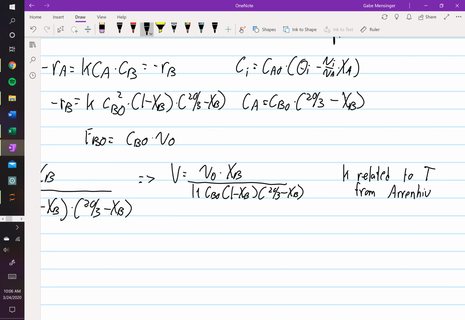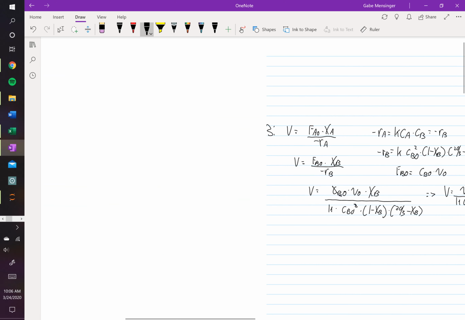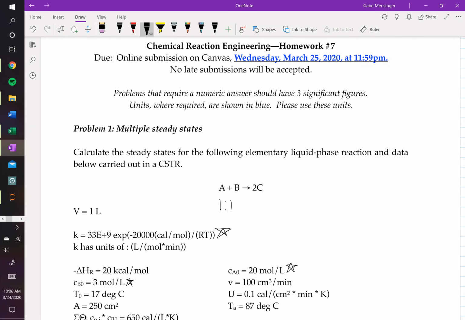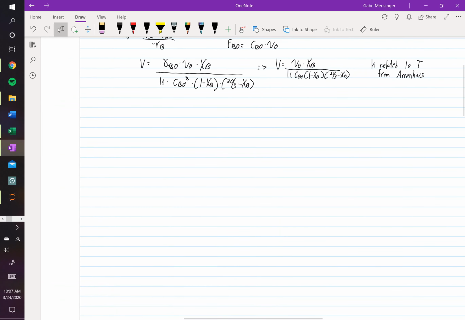I don't think I spelled that right, but that's okay. And for this problem, we are actually given K as a function of T. And it's this guy right here. So for that part,